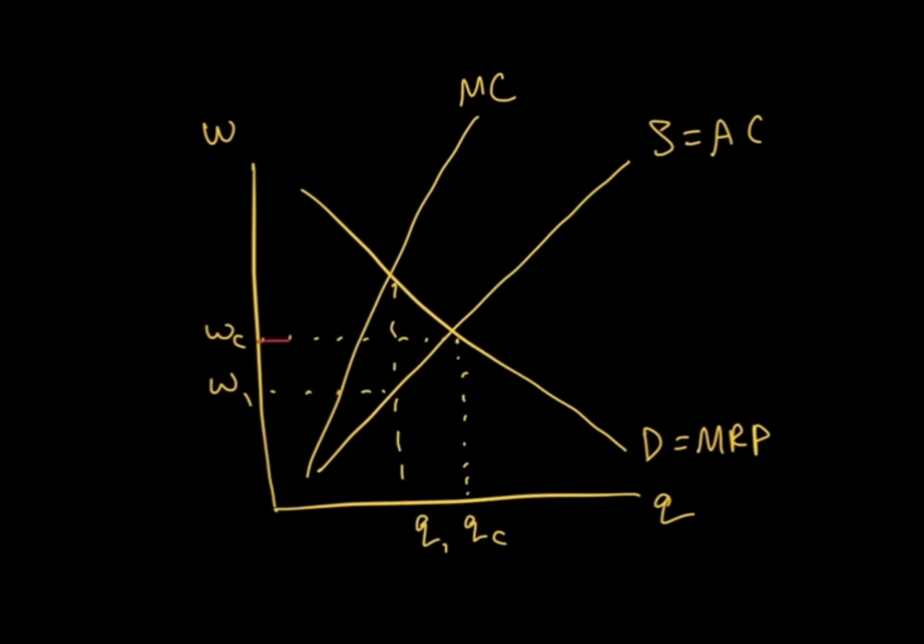So if we have a minimum wage, that's the new supply curve, and the marginal cost goes like that. If I look for MC equals MRP, it's now over here. So I've increased my quantity of workers and I've increased the wage at the same time. So it shows that having a minimum wage in a monopsony is really valuable. There's not many people that lose out from it apart from the firm.